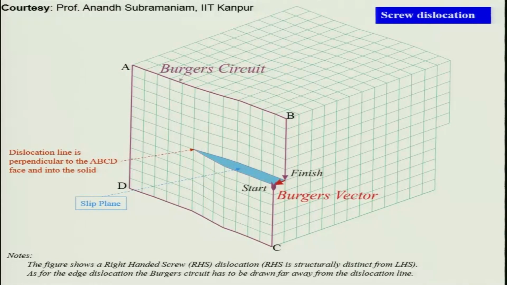So, this is the illustration of the screw dislocation. This is a Burgers circuit that we draw. When we go from A to B, B to C, C to D and D to A, A to D should have been equal to B to C, but there is an extra step that is created in between, which is this Burgers vector. Here the dislocation line is perpendicular to this ABCD, that is, it runs across the crystal in this fashion. So, this is your t, and here the Burgers vector is parallel to the dislocation line, and the stress that you apply is in this direction.